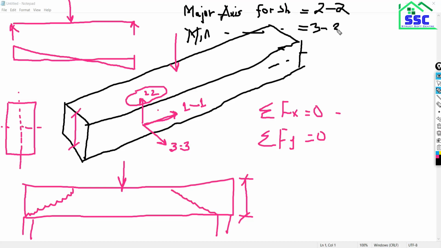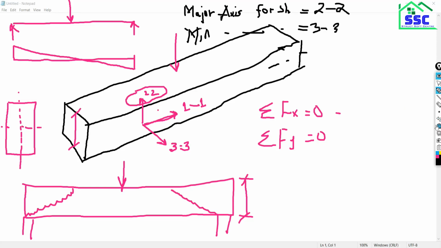Got it? So whenever we need to see the shear forces in the member of a beam, we need to look at the axis 2-2, and if you want to see the minor shear, you need to go with the axis 3-3. Actually we don't need to go with the axis 3-3. If you want to see the shear force, we will definitely go with the axis 2-2, because this is the major axis for shear.